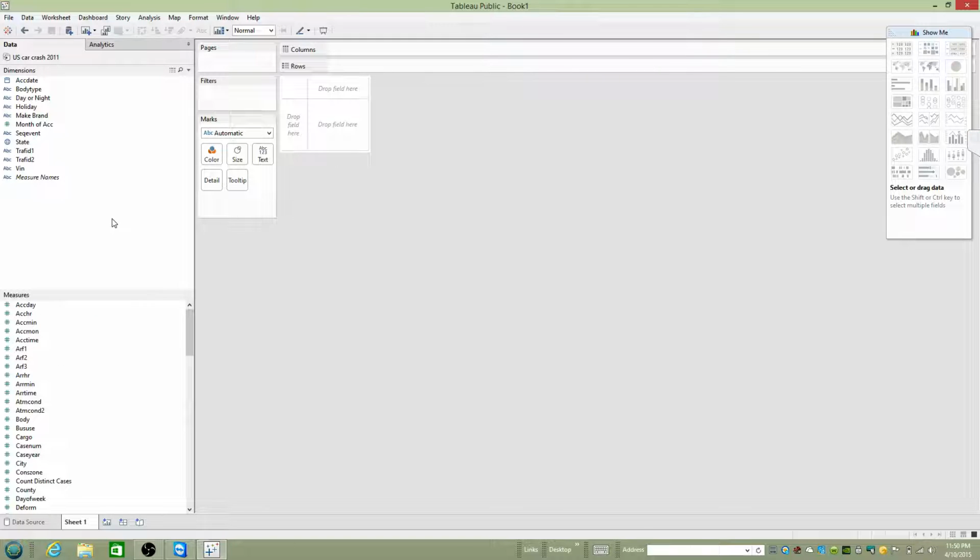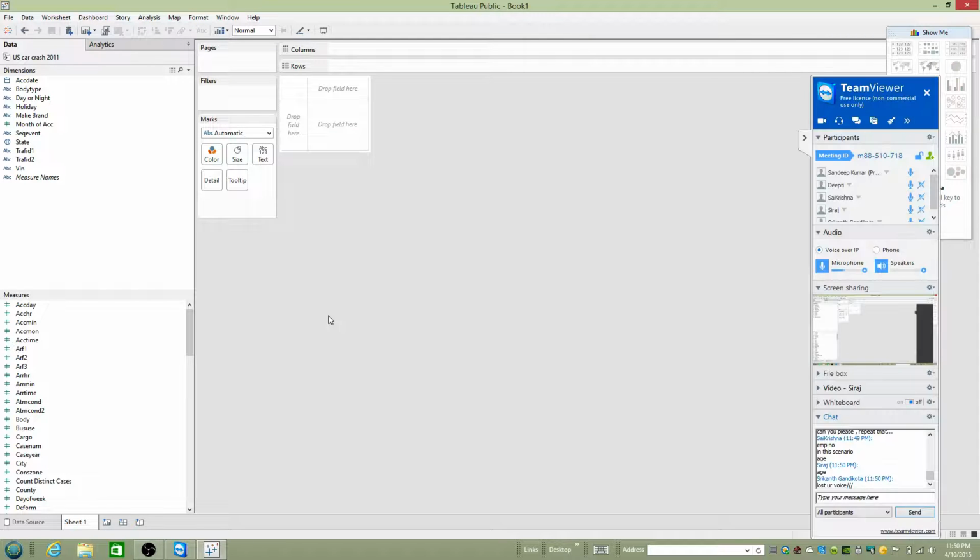We added a data source, and that data came from a CSV file. Now in the CSV file, there are no data types, and within the CSV there is no definition of what is a dimension and what is a fact. Tableau will initially,